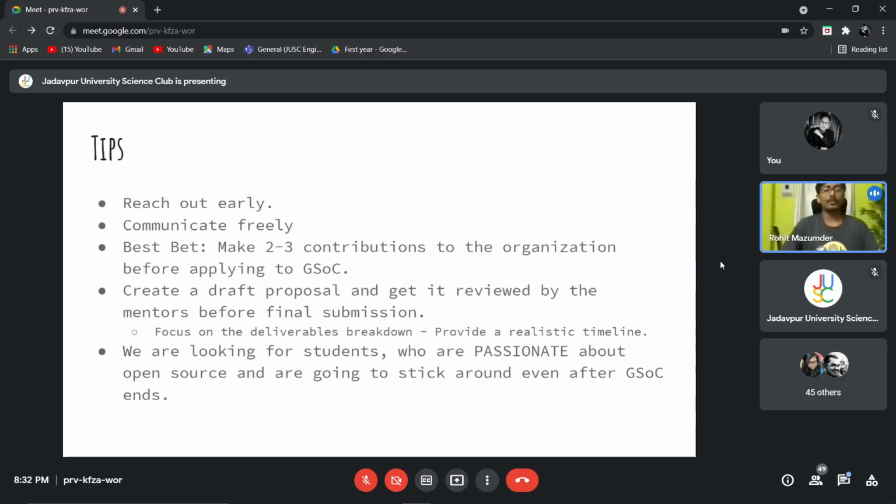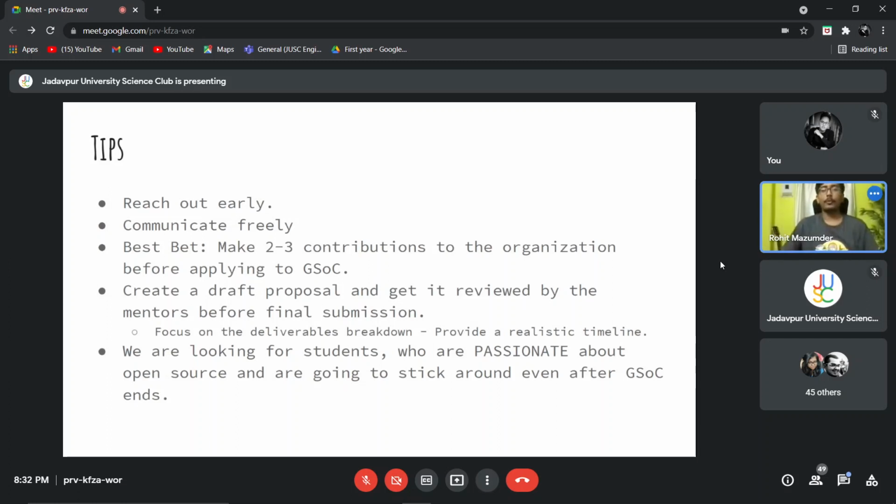Here is another important side question which you may think: how do I know which organizations are going to be selected for Google Summer of Code? Like, how do I reach out to an organization even before Google Summer of Code announces the list of the organizations selected? One important rule of thumb is that 90% of the organizations in a particular year are repeated next year.